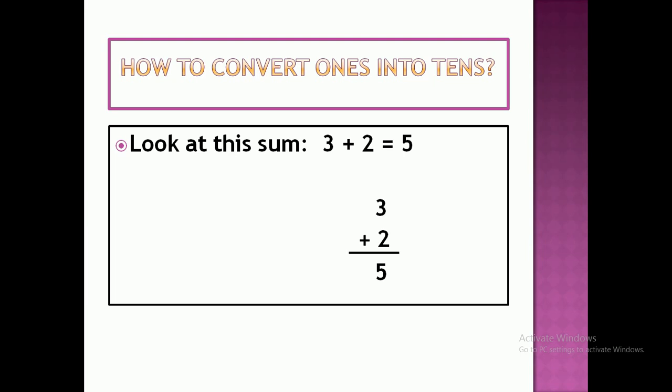So here is the one digit example. We have to add them, like here is 3 and we have to add 2 into 3. So let's see, 1 2 3. Here are the 3 balls and we will add 2 more balls into 3. 1 2, more balls we have. Now we will add these balls together. 1 2 3 4 5. We will get 5 when we add 3 and 2.